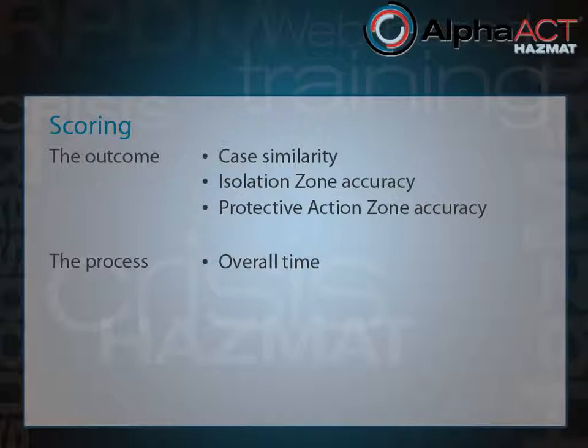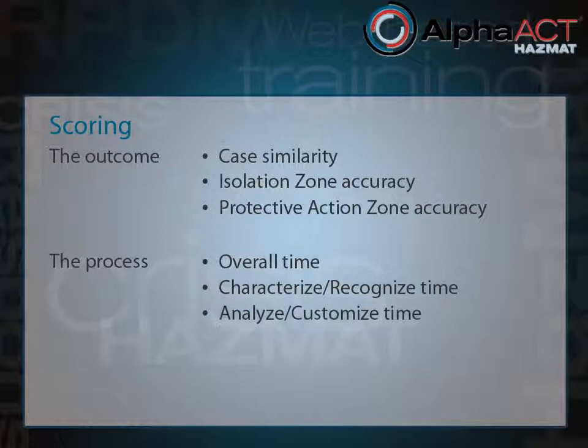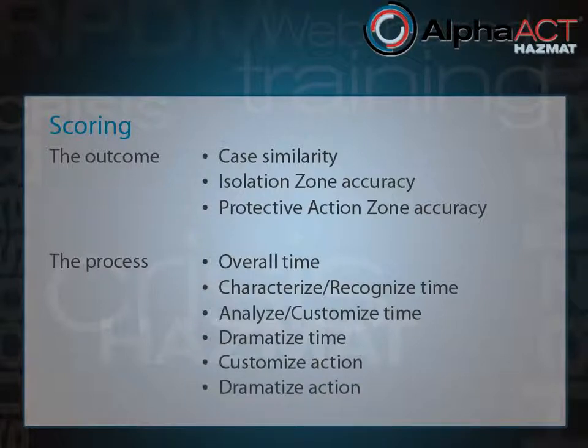You're also measured on how quickly you move from one set of steps to the next. AlphaACT HAZMAT measures the time it takes you to do the characterize and recognize steps, the time it takes to get through the analyze and customize steps, and how much time you spend on the dramatize page. Other considerations are factored into scoring as well, including whether you take appropriate actions at the customize and dramatize steps